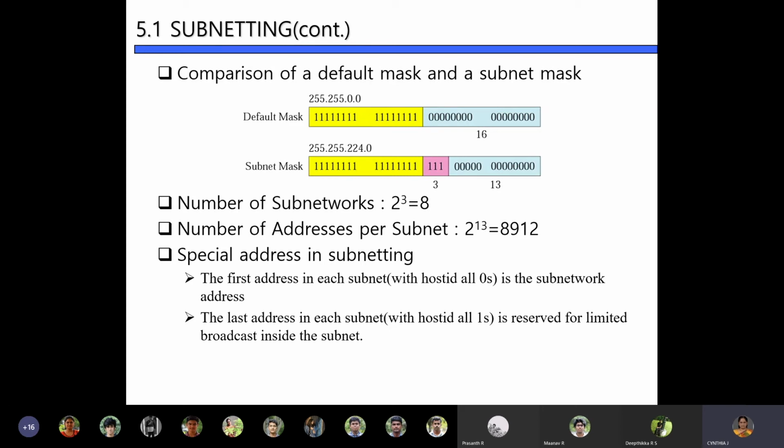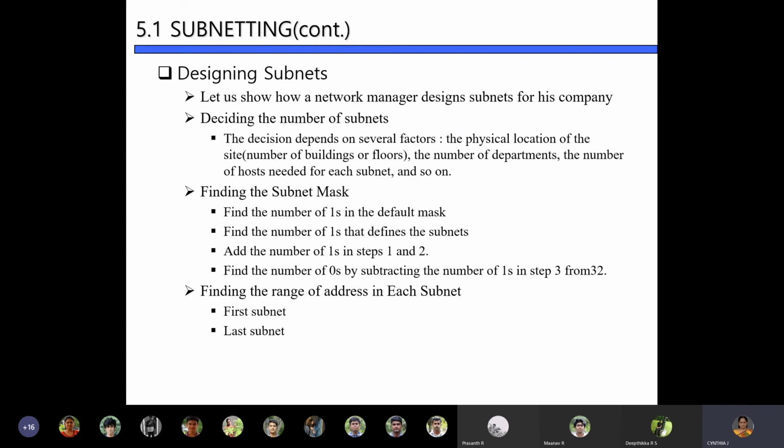That is the advantage of subnetting. Without acquiring a new address, you can increase the address space. That's why we go for subnetting. As you know, in IPv4 we had only 32 bits, unlike IPv6 with 128 bits. So subnetting is a mechanism of increasing the address space with limited bits.